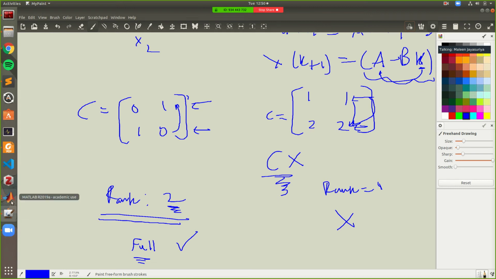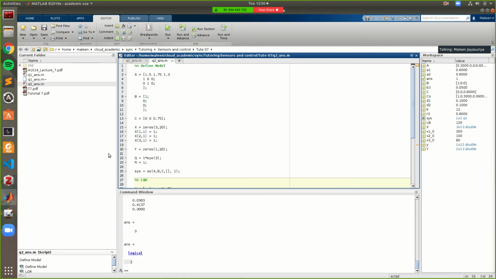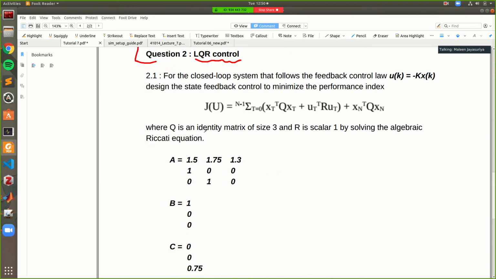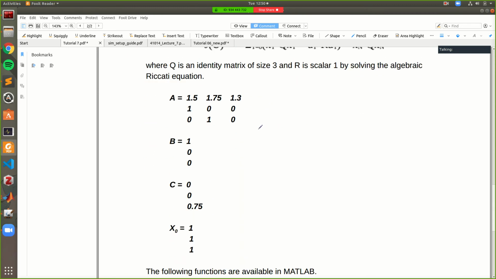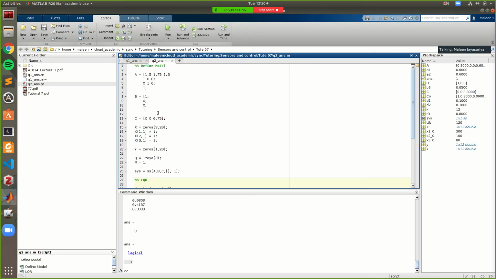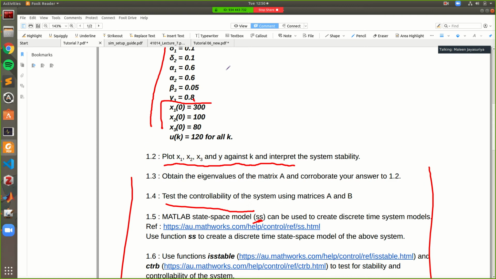But since we're running out of time right now, let's discuss the answer to the question. So let's look at question 2, LQR control. We have a state space model given here, and we've been told that this is a discrete time state space model. So we start off by writing out the matrices, basically the information that has been given to us. This is the starting, the initial states, and then just like in the previous question where we built a loop to see how these states